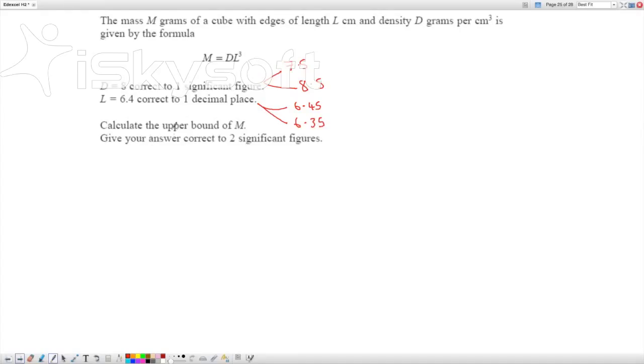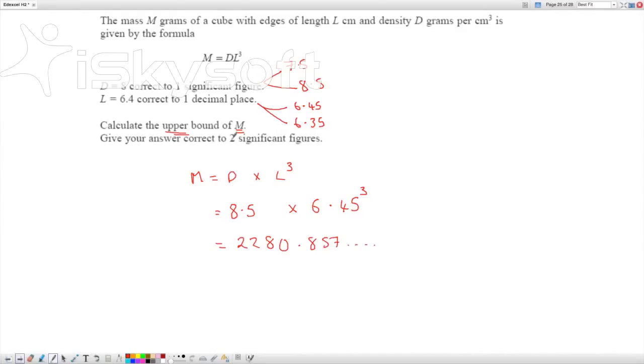We're asked to calculate the upper bound of M. Since we're multiplying here to find M, D multiplied by L cubed, if we want the upper, we need to have the largest possible value for both D and L. So we'll take our upper bound of D, 8.5, and multiply that by 6.45, the upper bound for L, to the power 3. Multiplying that through, 2280.857,